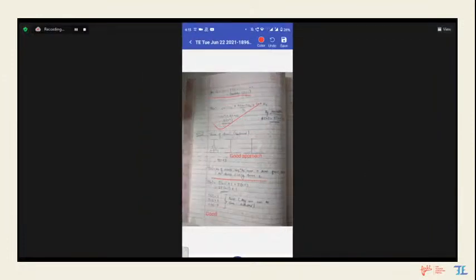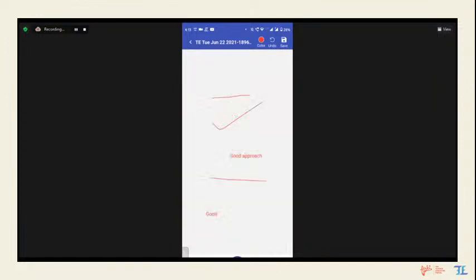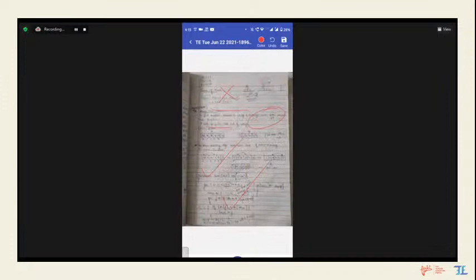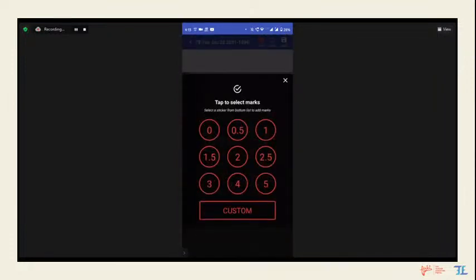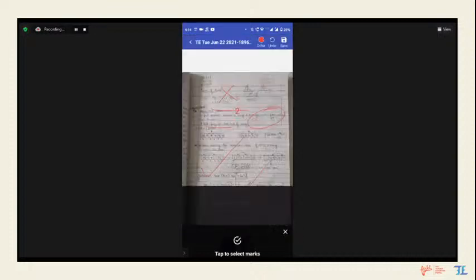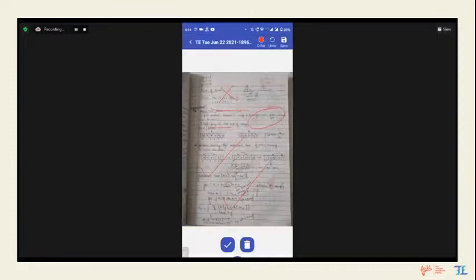Right. And now the third tool that I was coming to is the marks tool. Assume this is an answer sheet of a student, right? And as a teacher, you want to give marks. Now there is this marks tab in the section below, and you will see this whole quick one tap marks that you can now give. So let's say I want to give 2 marks. I click on 2. Again, I can move to anywhere and I can keep giving marks, right?